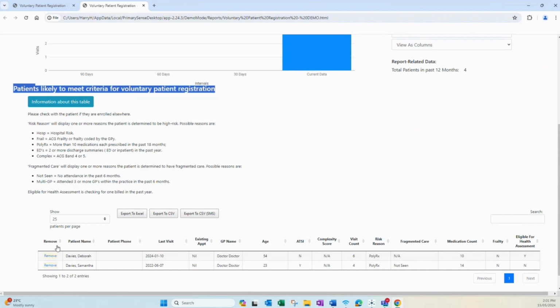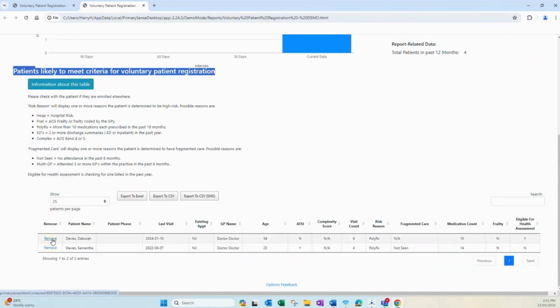If we start from left to right down here, firstly, you see Remove. If this option is clicked, the patient will no longer appear in this report for the next 12 months. Next, you have the patient name, the patient phone number, when the patient last visited the practice. Existing appointment will display the next booked appointment for the patient's usual GP at the practice, the age of the patient,